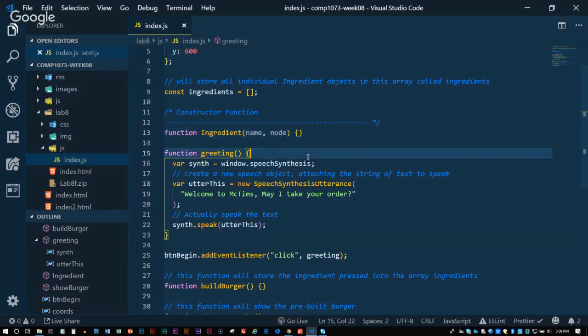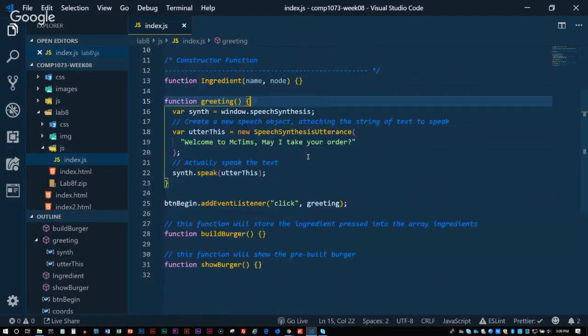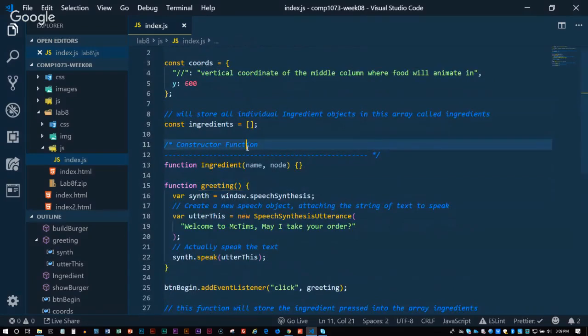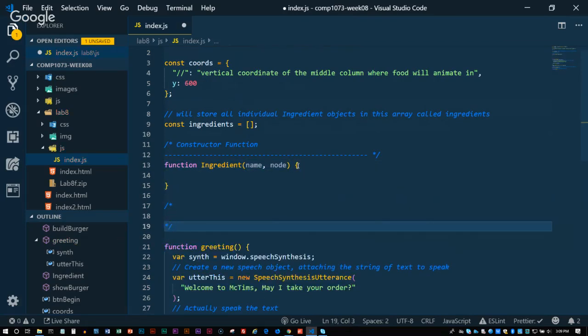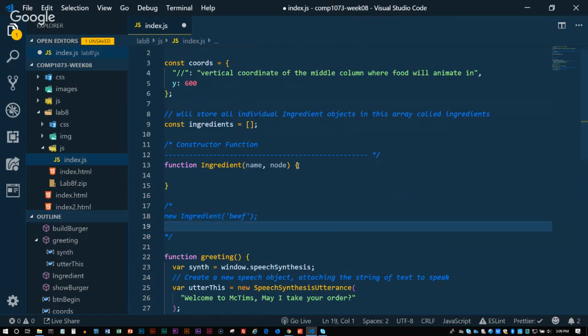I've given you this template in the JavaScript, and the first step is to create the constructor function. At the end of the day, what's going to happen is, in the code, if I click a button, somewhere in my code I'm going to eventually say new Ingredient and pass in beef. And then the result of that will be